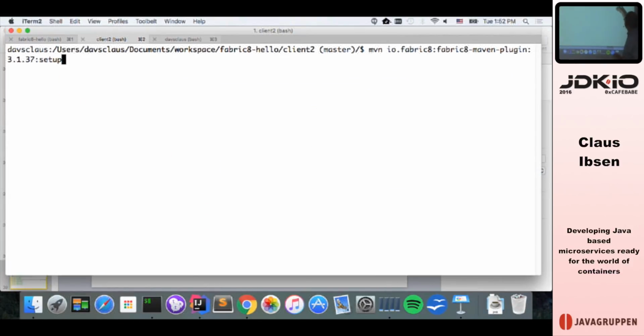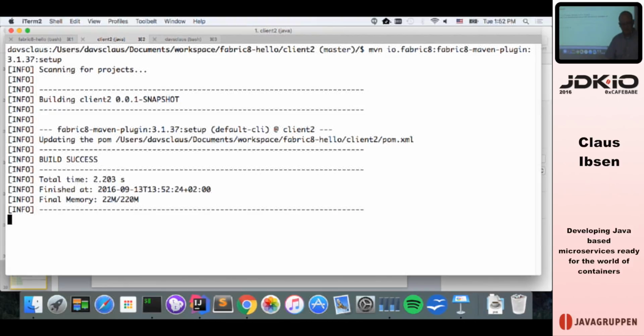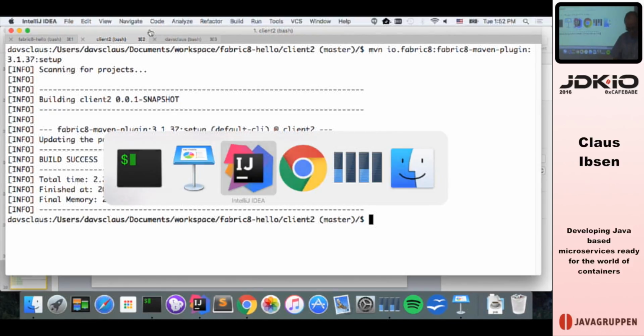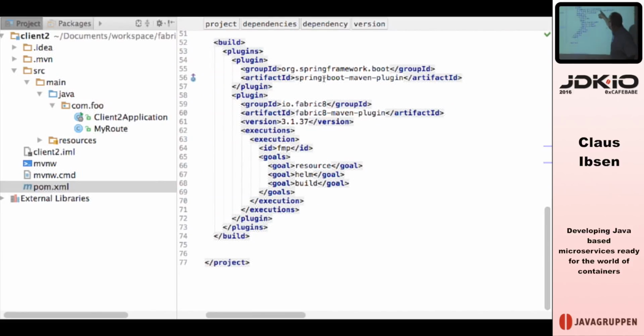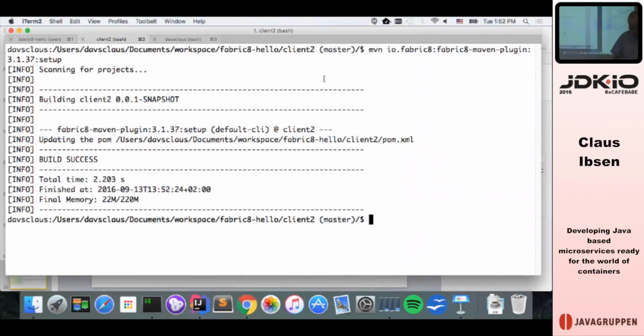Up here, I type this Maven IO Fabric8 Maven plugin colon the version number colon setup, and when I do that, it should add itself to your Maven project. If I go to the POM file here on Spring Boot, you can see it's been added itself. Okay. Now I should be able to type Maven package to package the Java code and fabric8 colon build.